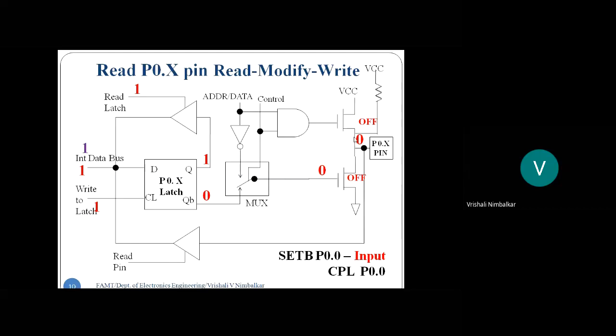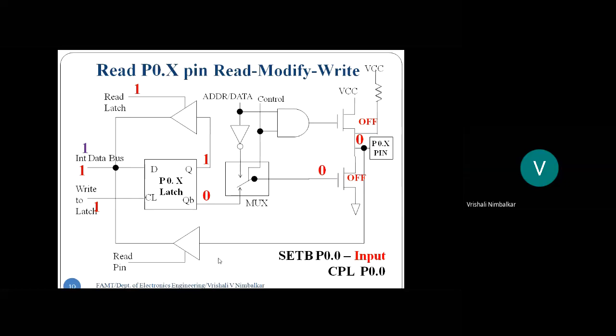Okay, students. So you should be very careful, right? What do you want to do? Do you want to operate on the pin data? Then the pin should not be the source and the destination at the same time. Okay, if you want to operate on the latch data, it's fine. The pin can be the source as well as destination. Is that okay? Now see what is happening. The latch data is getting complemented, meaning logic 1 becomes logic 0 and then it is sent on the latch and then it is sent on the pin. Is that okay? So be careful. The point is the latch data and the pin data can be different.